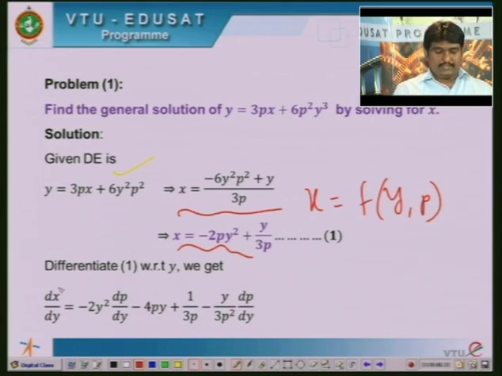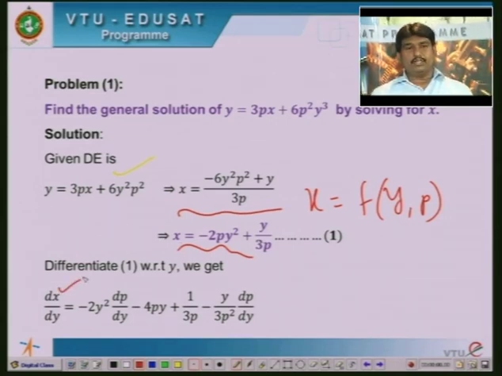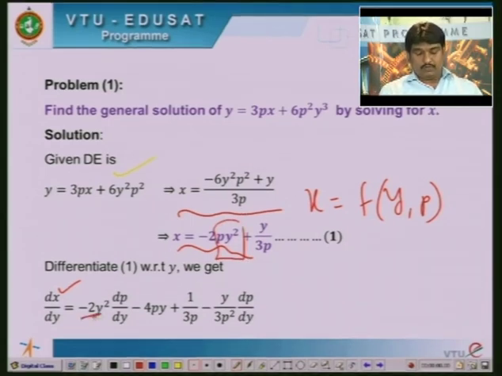So the derivative of x is dx/dy, which equals -2 times, now it is py². p is also a function of y. Here p is the derivative dy/dx, which is a function of both variables, x and y. Now I am differentiating this with respect to y. Apply the product rule for p times y². So first function -2y², derivative of p is dp/dy, minus p as it is, derivative of y² is 2y, so I will get -4py here.